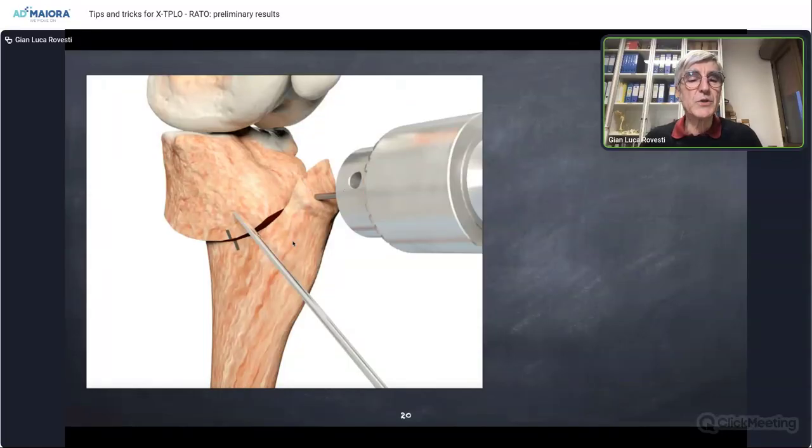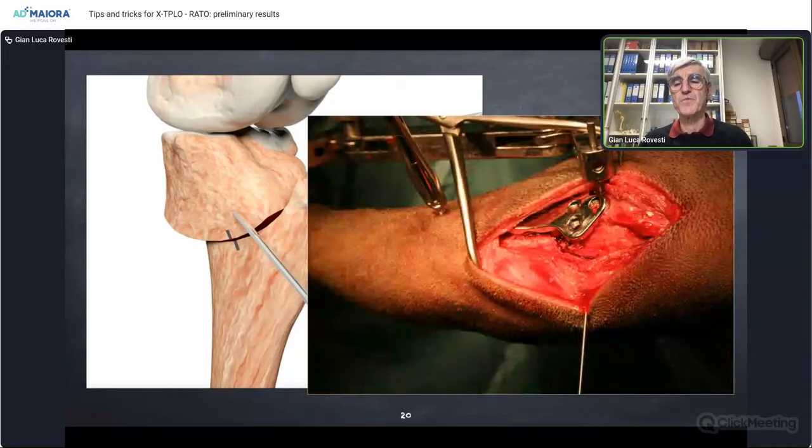Why? Because if we insert the K-wire through the base of the tibial crest, we are at risk of creating a fissure that will fracture the tibial crest afterward. So this way, this K-wire is inserted through the distal insertion of the patellar tendon. But at that point, since I didn't like this kind of technique, rotating by the use of this K-wire,